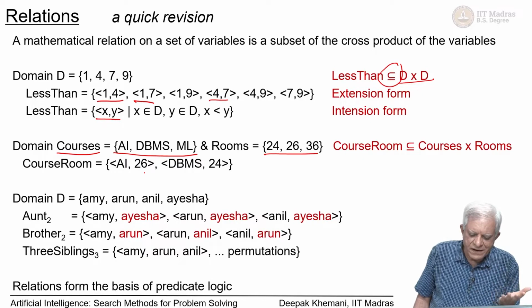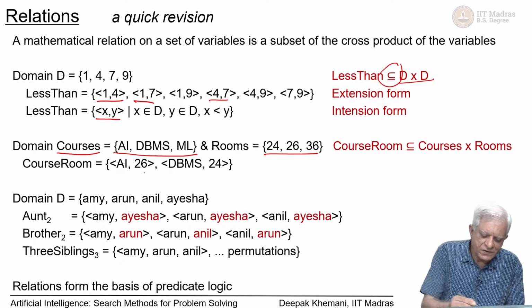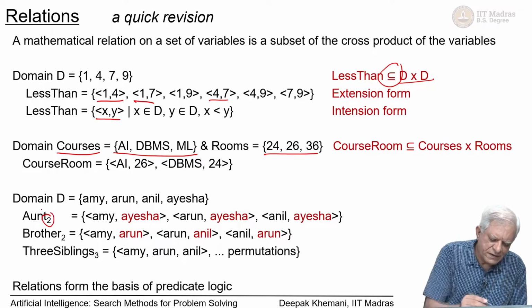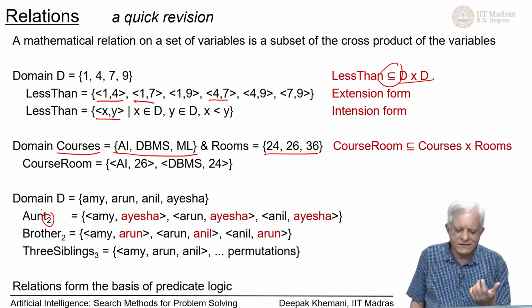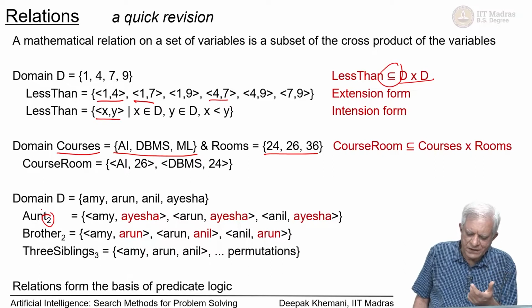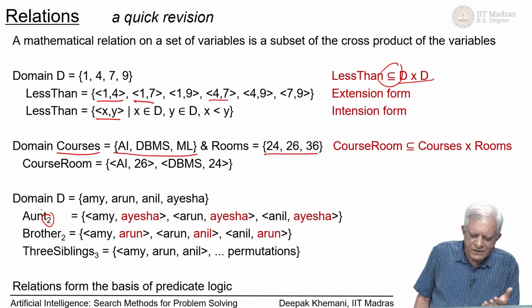The most familiar relations that we are comfortable with are human relations. So, let us say the domain is 4 people, Amy, Arun, Anil and Aisha, and we can define a relation called aunt. Sometimes we write the arity of the relation. It says it is a relation between 2 elements. What we have shown here in red is that Aisha is the aunt of Amy and Arun